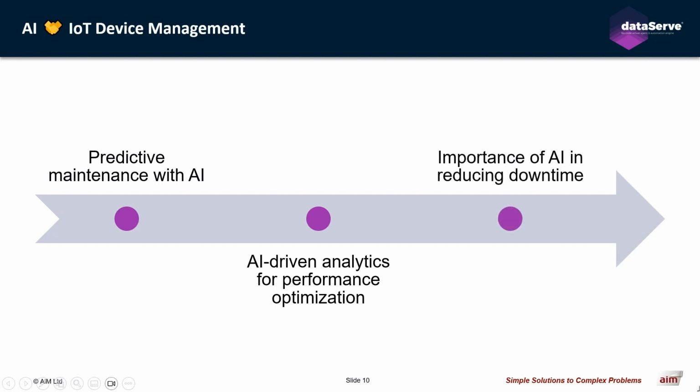Another critical aspect where AI excels in IoT management is reducing downtime. Traditional approaches to troubleshooting and maintenance often involve manual intervention and reactive responses to issues as they arise. However, AI empowers us to shift towards a more proactive and predictive approach. By continuously monitoring the performance of IoT devices and systems, AI algorithms can detect anomalies, identify potential failures, and even prescribe solutions autonomously. This proactive management minimizes unplanned downtime, improves reliability, and enhances overall operational efficiency.